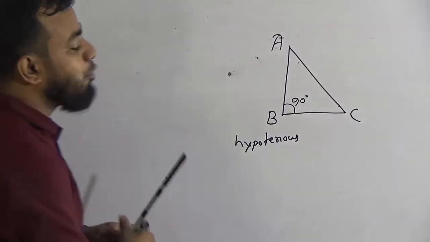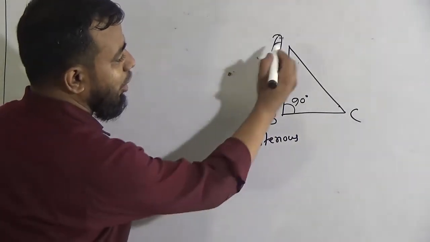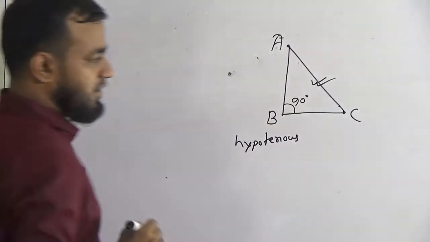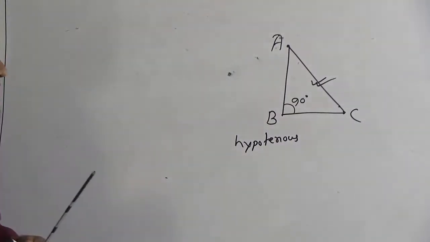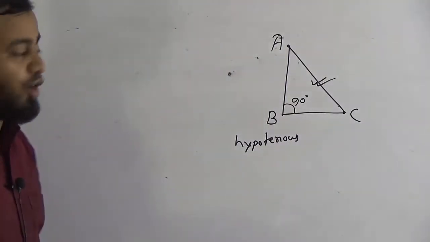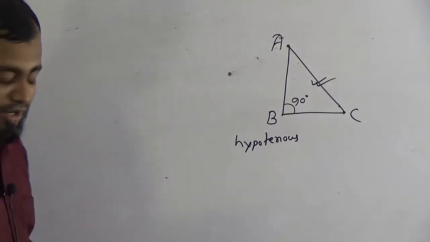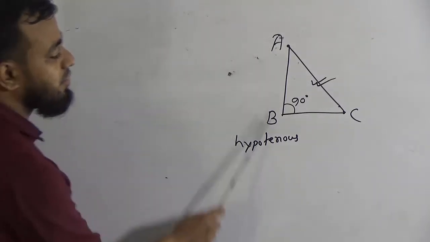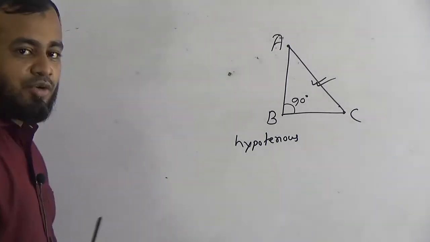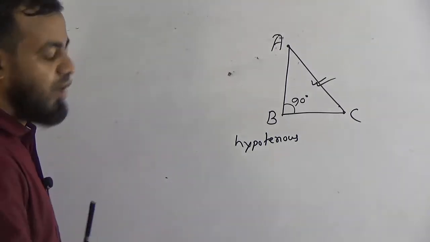Hypotenuse, okay. Opposite side of the right angle. The opposite side of the right angle is AC. This is the hypotenuse, okay. So Pythagoras says that the square drawn on the opposite side of a right angle triangle, okay. So in a right angle triangle, the square drawn on the hypotenuse is equal to the sum of the squares drawn on